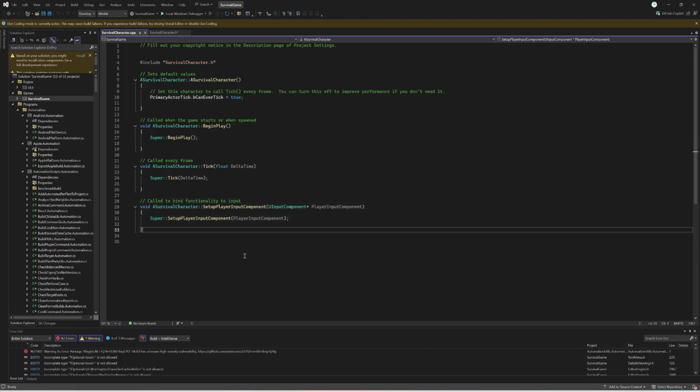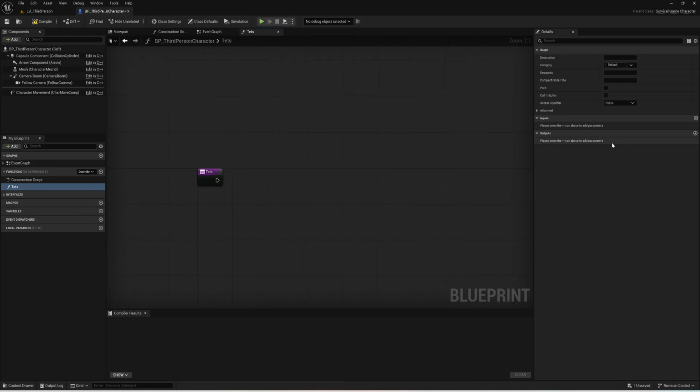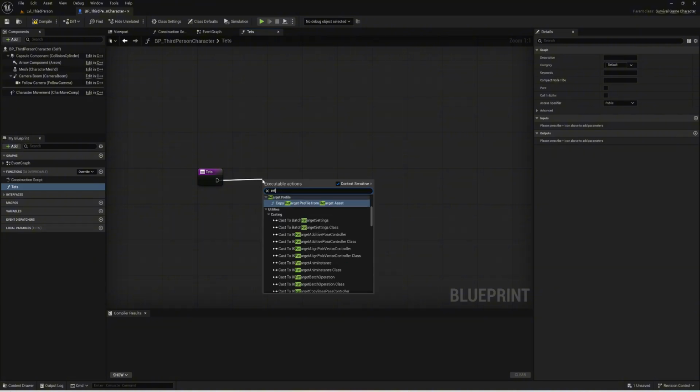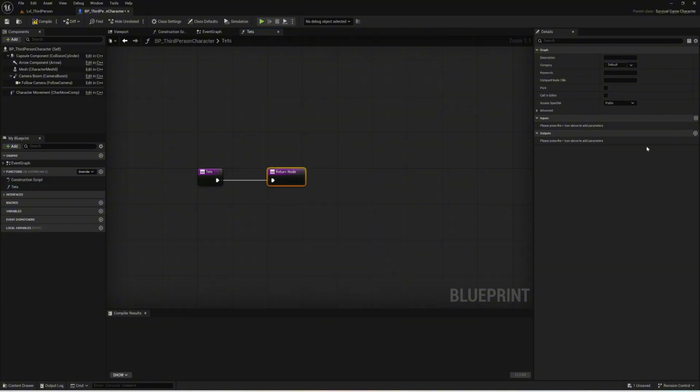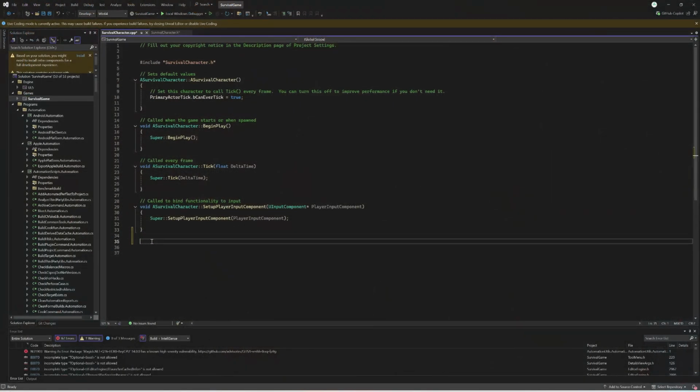So how you write a function is the first thing you write is the type of the function. And the type of the function is what the function will return. So I like to go back to here because it makes it quite obvious. If I say return, add a return node, and then let's say I click output, and I have a Boolean variable and I just say true. Oh, well, we'll put it for success because it's the name, right? Success called true. So we know this function is of type Boolean because it returns a Boolean value. And in our CPP file, that means we would say bool